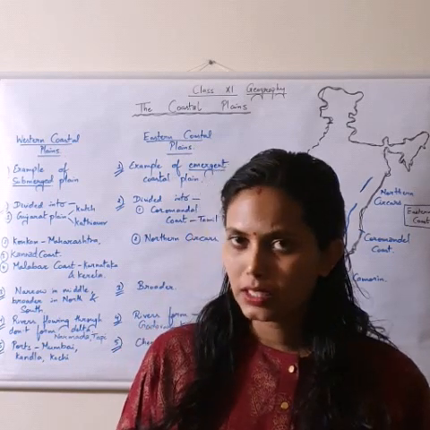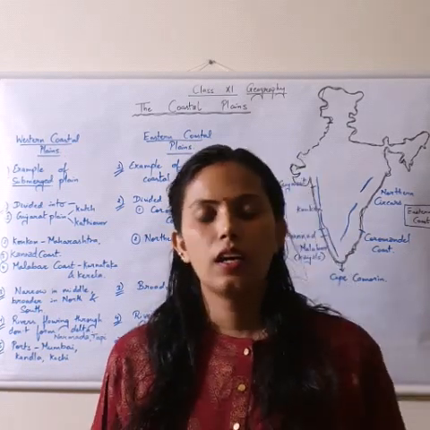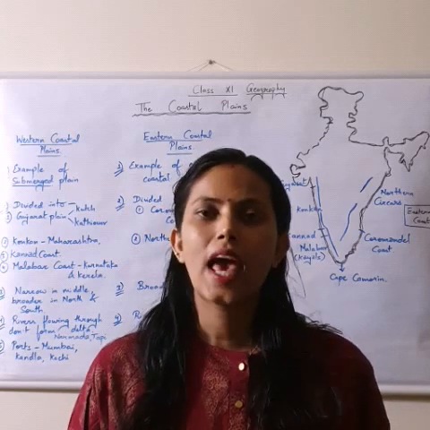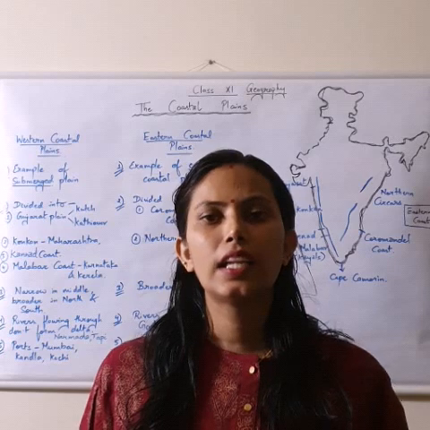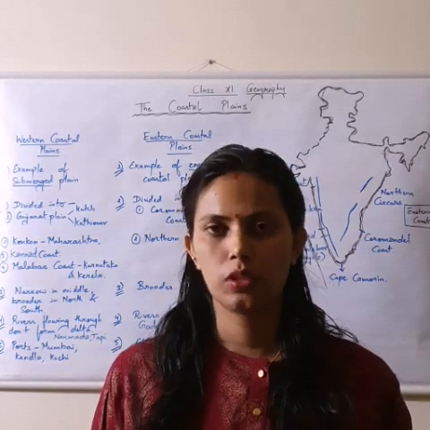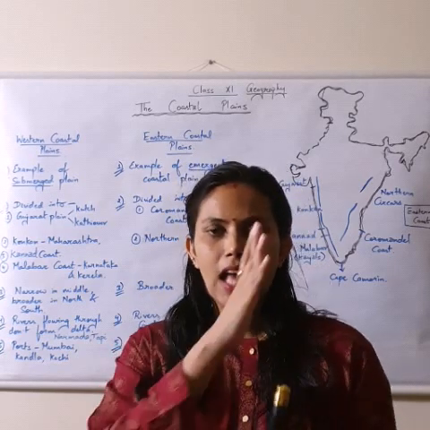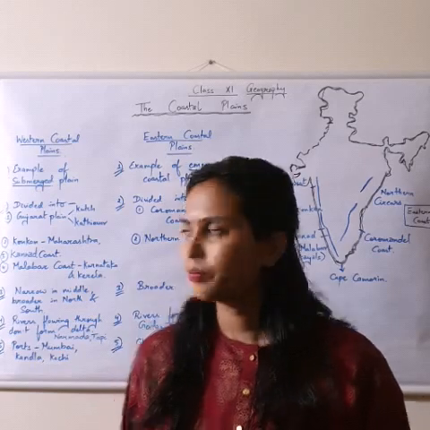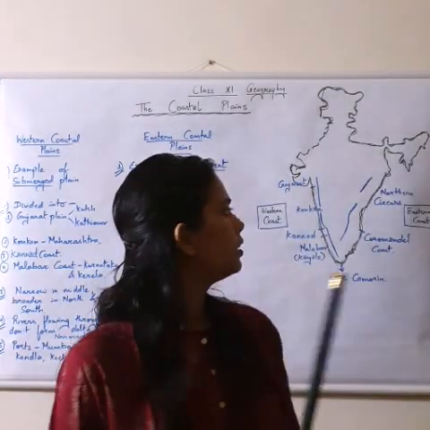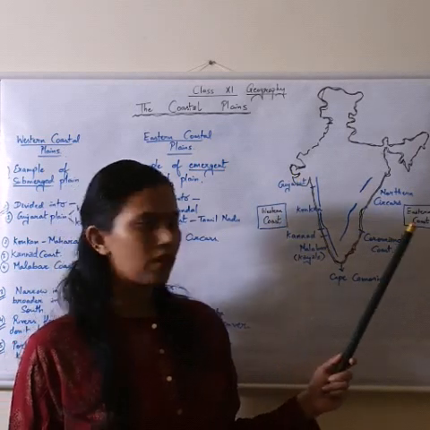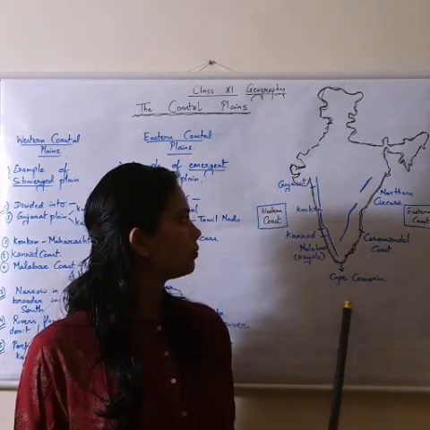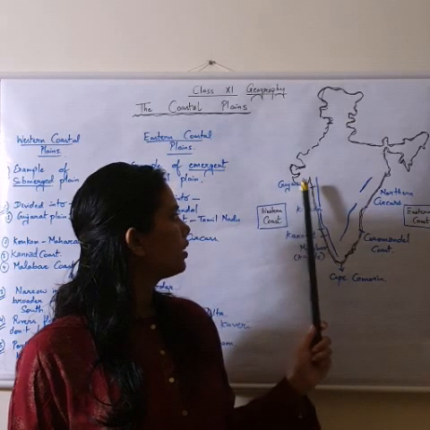We have the Arabian Sea on the western side, we have the Bay of Bengal on the eastern side, and we have the Great Indian Ocean to the south. So India has a very long coastline. You can see here, this is India, Arabian Sea is here, Bay of Bengal, Indian Ocean. Clear? Now this is the coastline